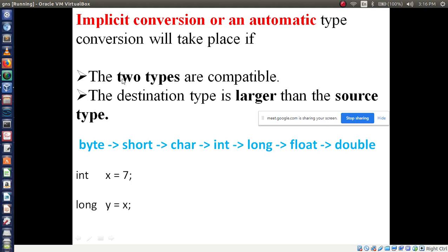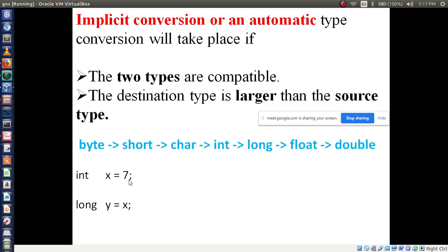That's why the two types are compatible. If it is a number, then number; if it is char, then char, like that. So x value is 7. This x value I am assigning to the long variable y. Y is equal to x, so y value is now 7.